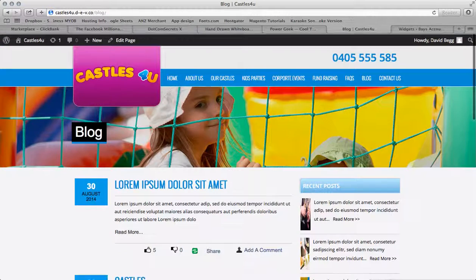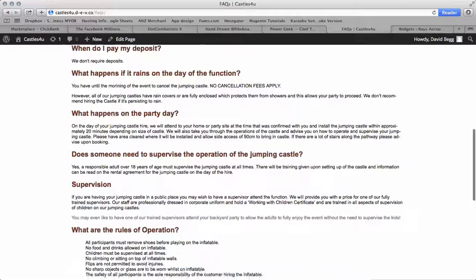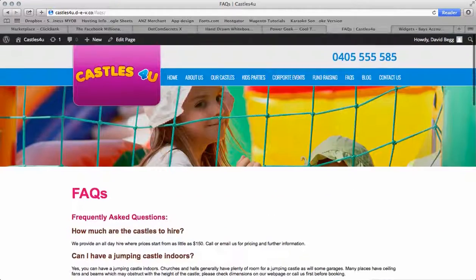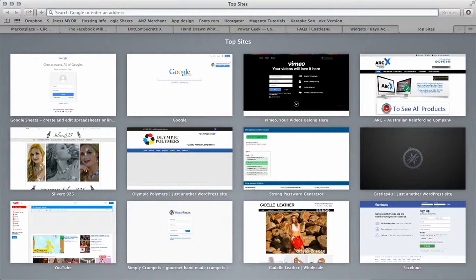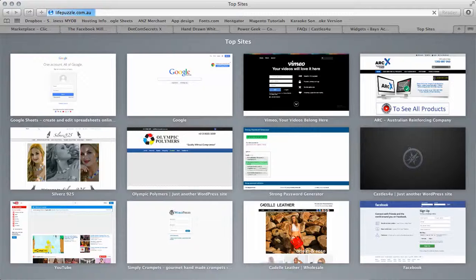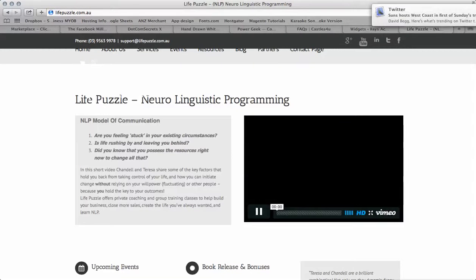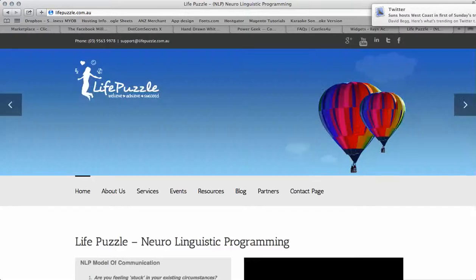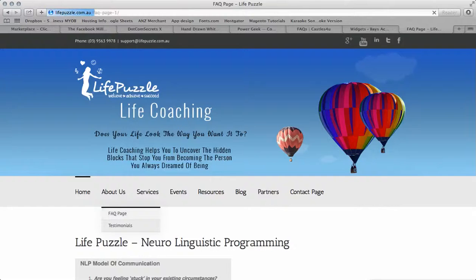Frequently asked questions. I've just cut and pasted the stuff on the other side in here. What I'd like it to look like, I think I did one on Life Puzzle, and their frequently asked questions looked pretty good. It was formatted to look really nice. So if we go into, let it load for a second. So if we go to their frequently asked questions page,